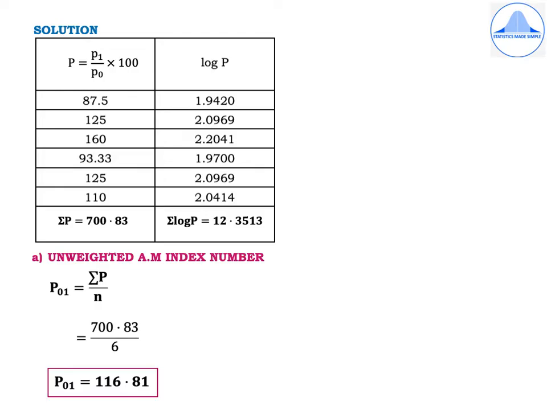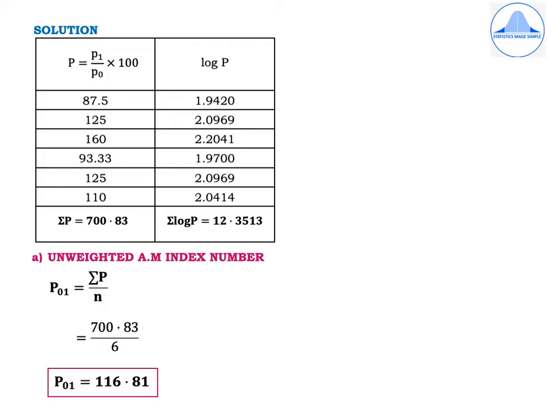So doing the calculations, the price relatives we get as 87.5, 125, 160, 93.33, 125, and 110. When we find out summation P, the total is 700.83. Similarly, in the second column, find out log P. Take 4 places after the decimal after rounding off. So the values are